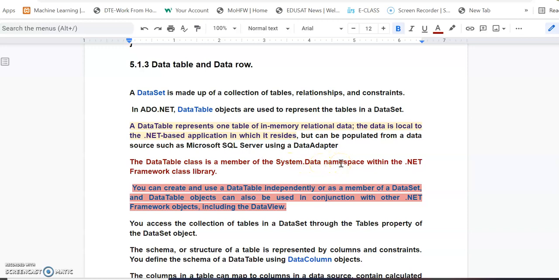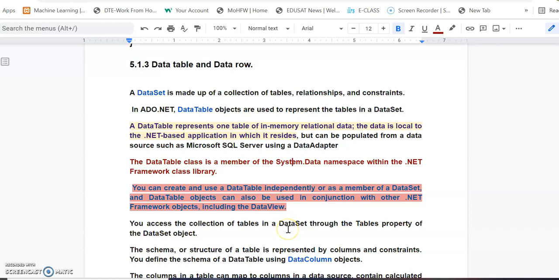Before you write the code in C#, you have to add this namespace, that is using System.Data. Then this data table class will become active while coding. So remember, add the statement using System.Data to enable the data table class and its related properties. Along with the data table, the first thing we have to add is the columns, and after that we can add some rows into it.